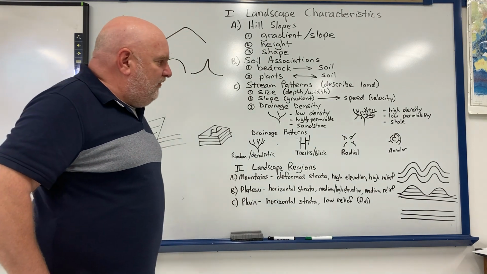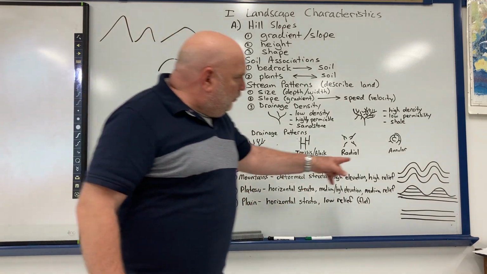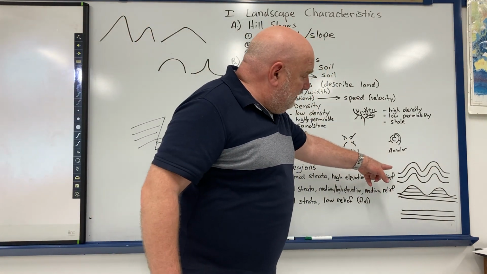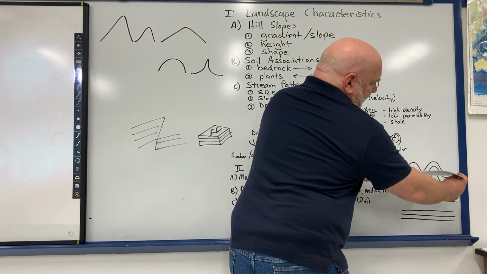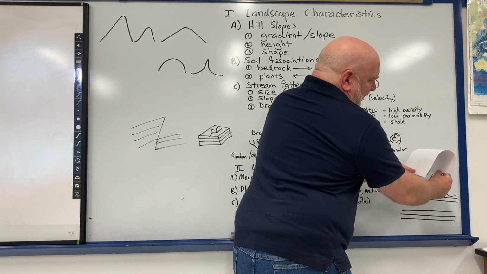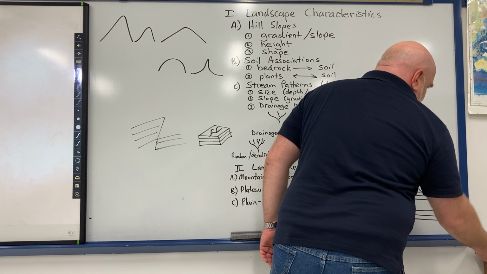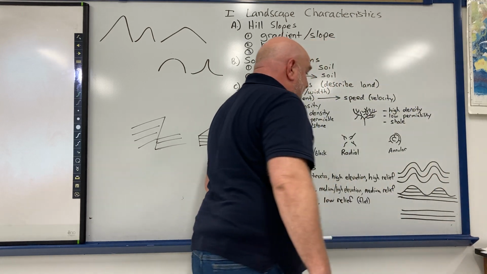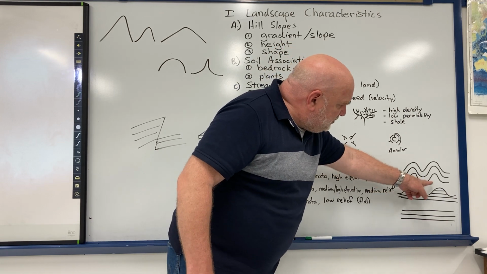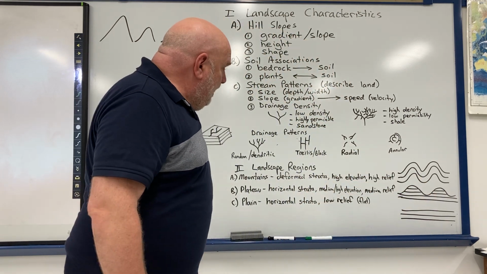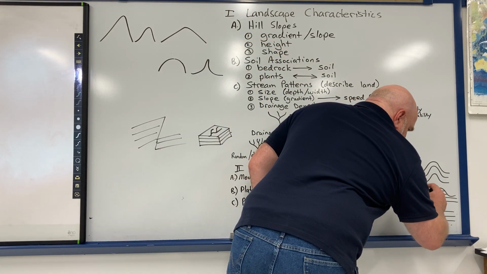So the reason why one's a mountain and one's another has to do with the processes that make them. All right. The reason why this has that shape is because there were rock layers like this, and the rock layers bent up like this. The rock layers were pushed up to make that high in elevation and create that shape. Now with a plateau like that, even though the surface of the rock looks the same, the difference is the reason why this has the shape